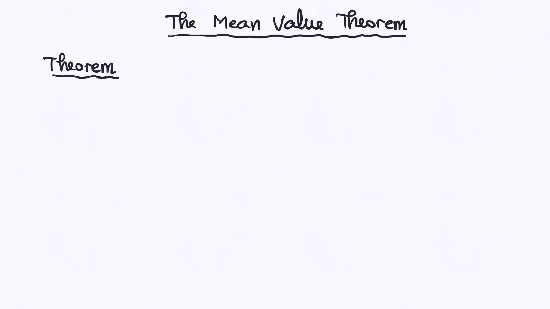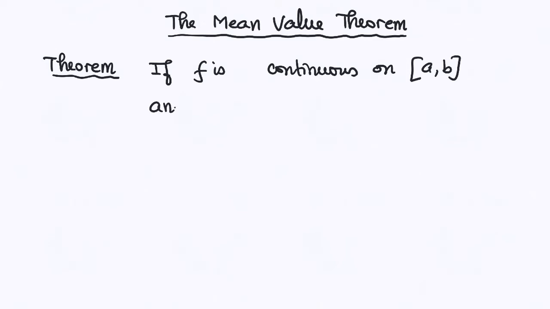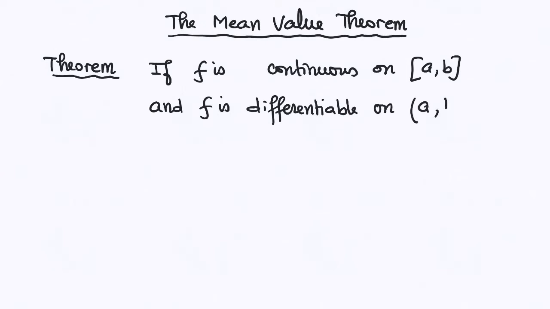The theorem says that if f is a continuous function on a certain interval [a, b], and f is differentiable, so it has a derivative, is differentiable on the open interval (a, b), then